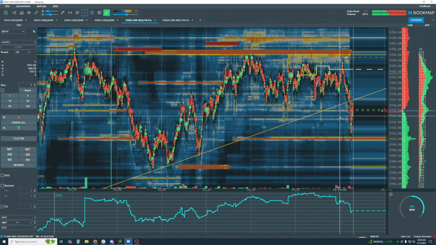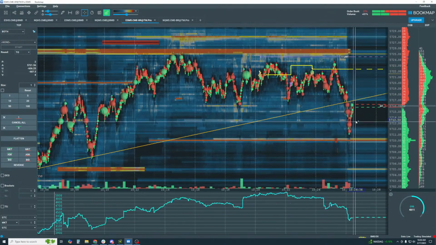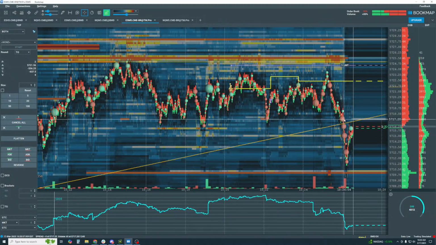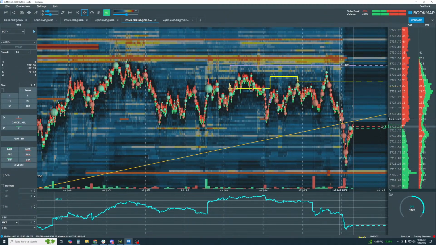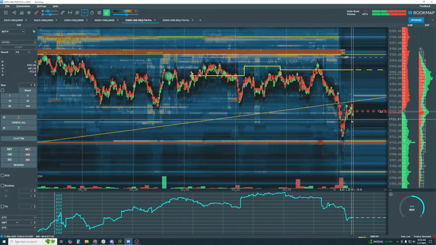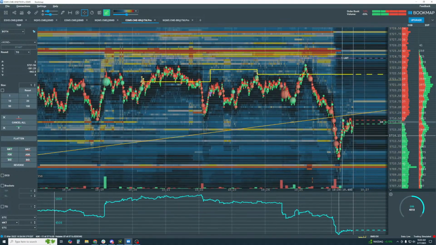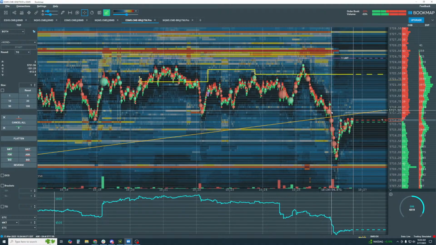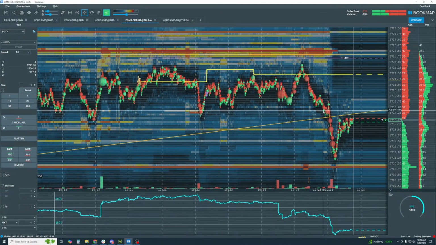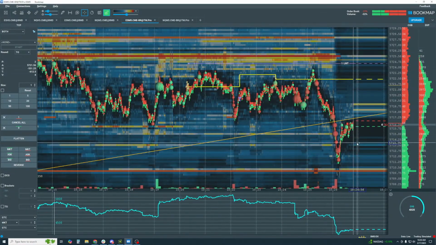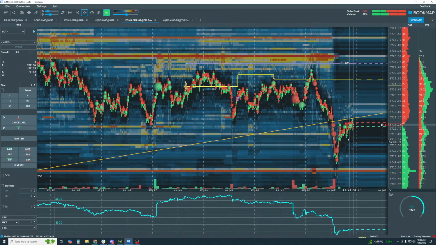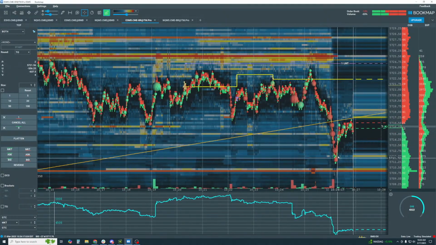All right, so that broke, and I'm actually still kind of hanging in there, looking to see if we can get back up above here. These kinds of flush throughs like this happen, as you guys know, a lot during these volatile periods. Okay, so we can still get back up above here and look for that move higher here. That will probably be a pretty massive stop run.